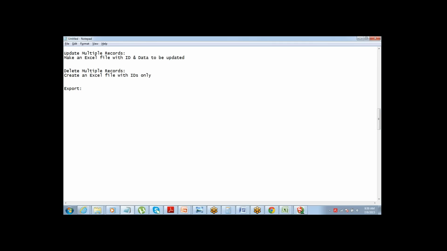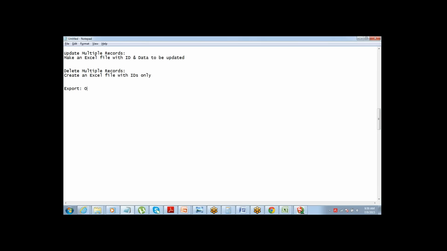Sometimes you might need to do an export. You just want to take out some data. It can be because you want to take a backup of your data. It can be because you want to create a kind of a report, or you want to do some sort of an analysis outside Salesforce. You want to perform some cleansing activity outside Salesforce. So in those cases we perform an export operation. Export will actually do the exact opposite of an import or insert.